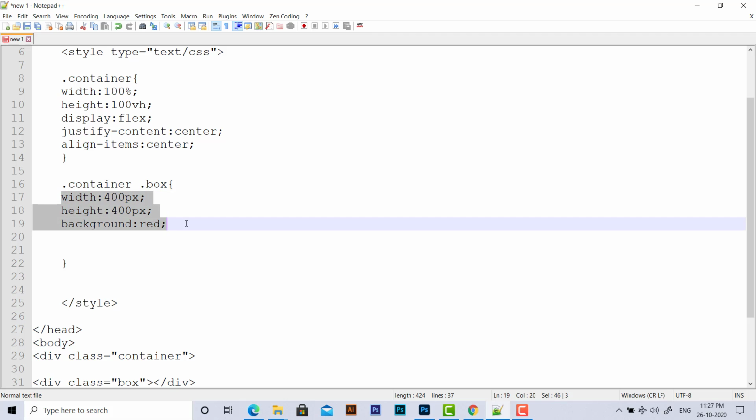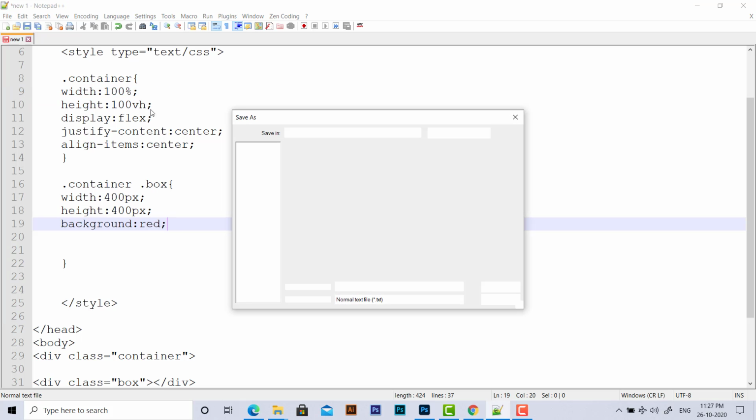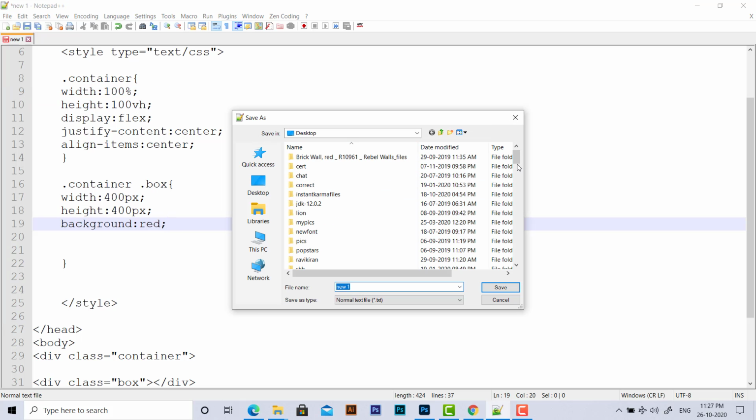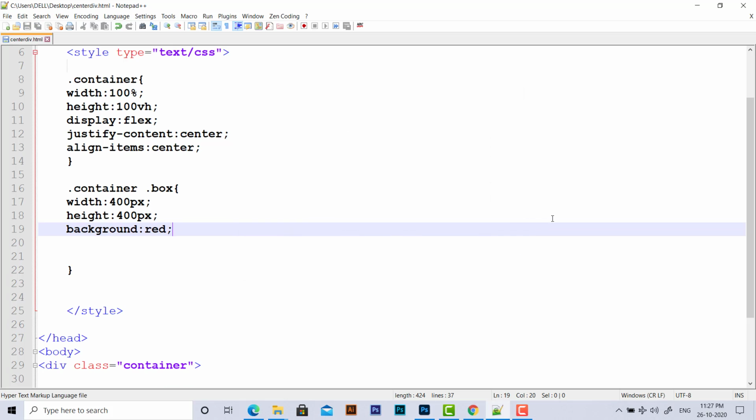Now we are going to check the output. To check the output, I am going to save the HTML file, save as center-div.html, and we are going to save it on the desktop.